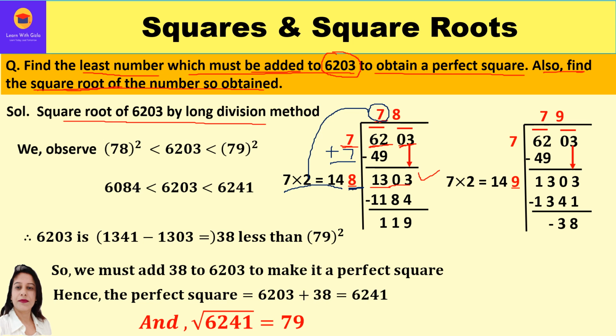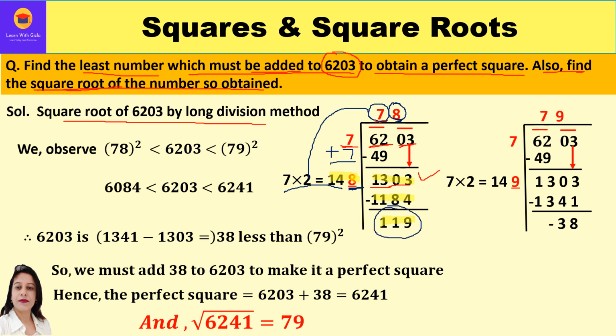Okay, now after many trials I found that 8 is the number which is suitable over here, and I will multiply by 8 because I have kept 8 in the quotient also, and I'll get a product which is less than 1303. So I'm getting 1184. If I keep 9 over here and my divisor becomes 149, then my product will become 1341, which will be more than 1303. So I restricted myself to 8, and when we subtract it we will get the remainder 119. So now the long division is done. We have got the remainder 119.